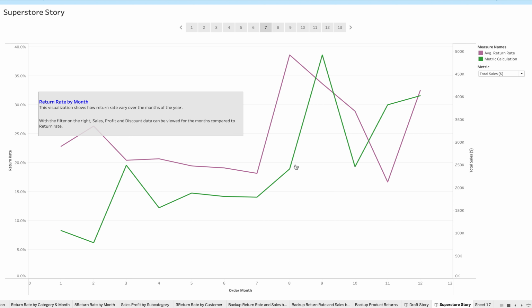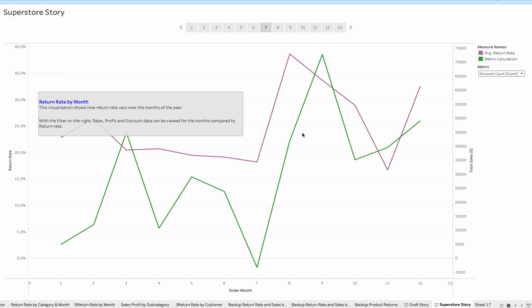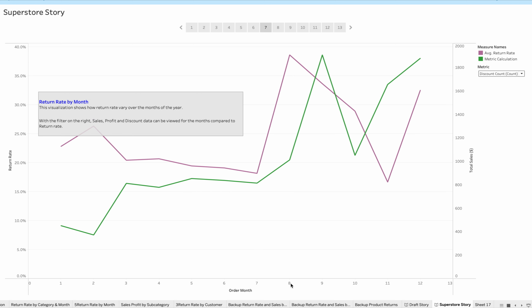We see that for some months there is a correlation between return rate and sales, but for others, like here, there isn't much correlation. Similar for profit and then discount. So yes, there is a correlation within August, September, October, December,